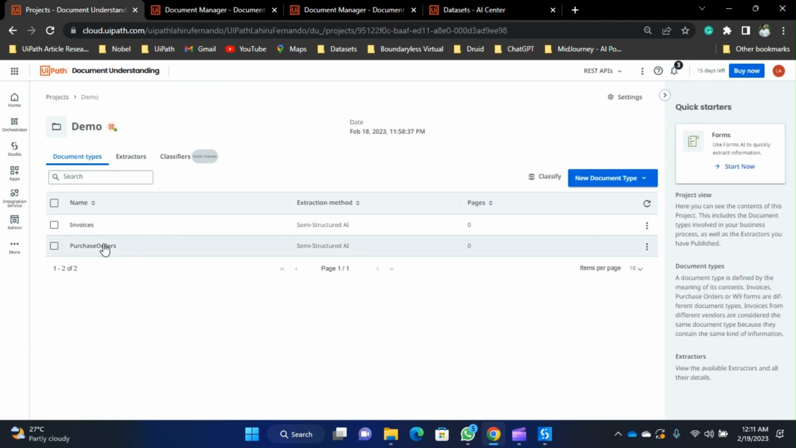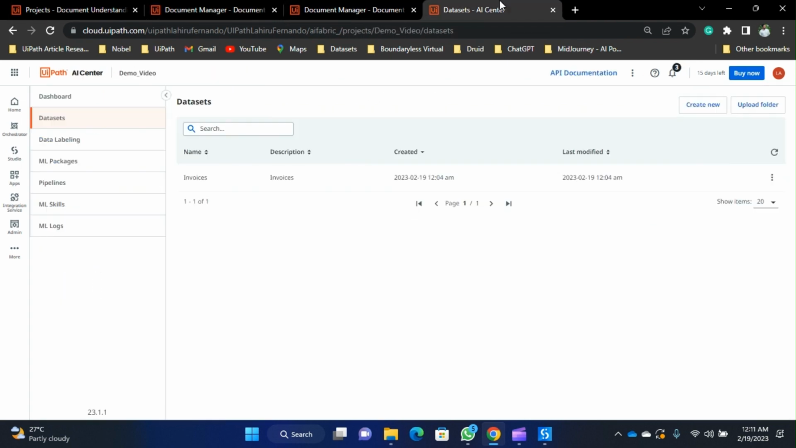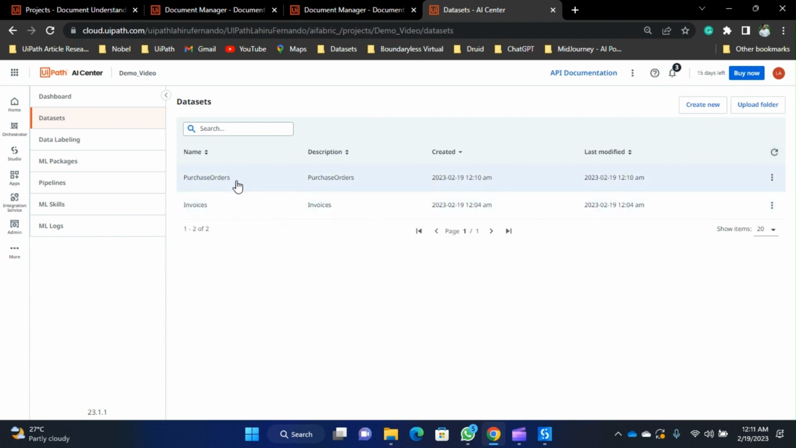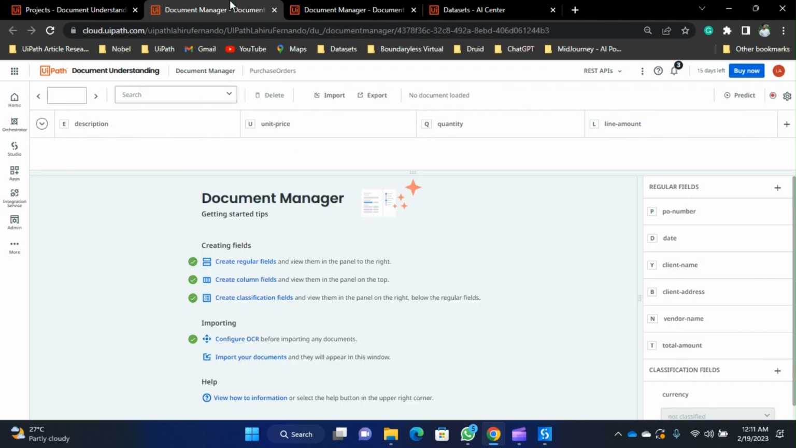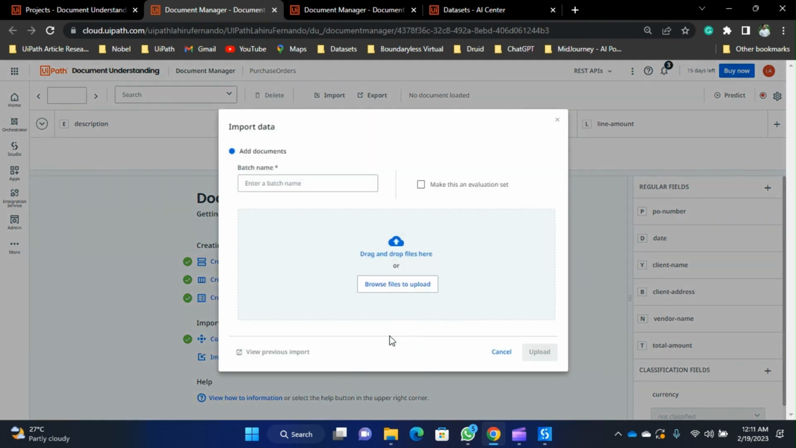And if we quickly review, here you have the purchase orders. And on this side, if you refresh the data sets, you will see purchase orders. And under invoices, you see nothing because you have not done any exports from the document manager. Okay, so for the purchase orders, same approach. You just need to import